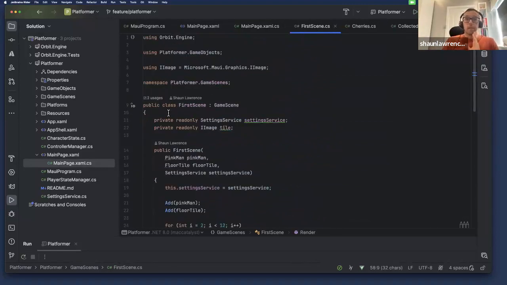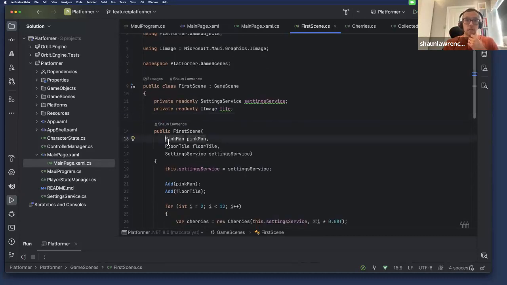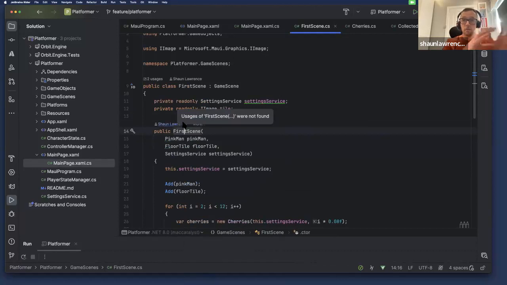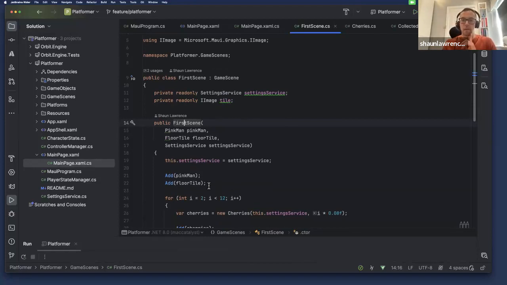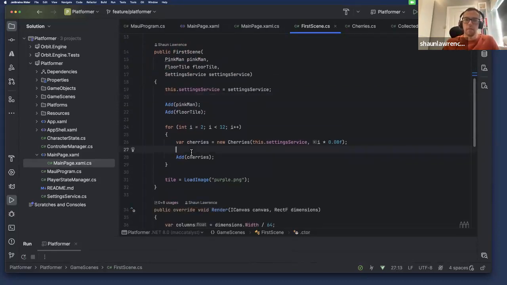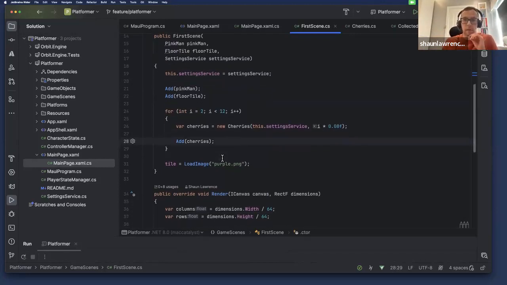We called load scene, which means a new instance of our first scene is going to be created. And you'll see that, again, there's yet more dependencies. You should also see I've tried to make it so that no scenes or objects are created to a point. There's a little bit here, but this could in theory be done with a bit of a factory method, so we can spawn cherries. So we've got our first scene. We add ourselves a character, a floor tile, and there's the setting service to deal with showing and hiding of bounding boxes. And then what we also do is we spawn 10 cherries that can be collected as we go along.